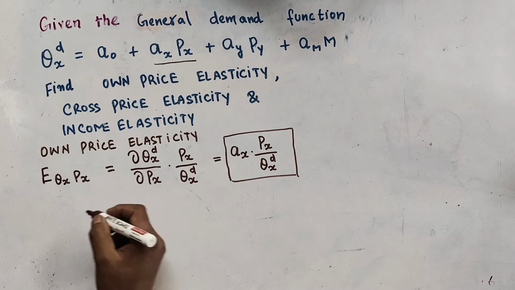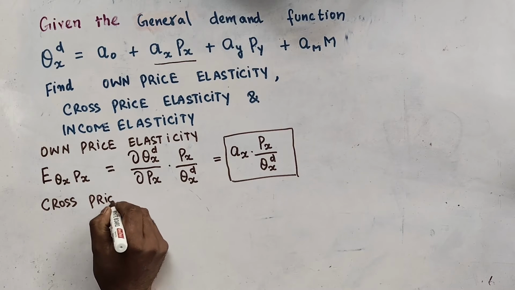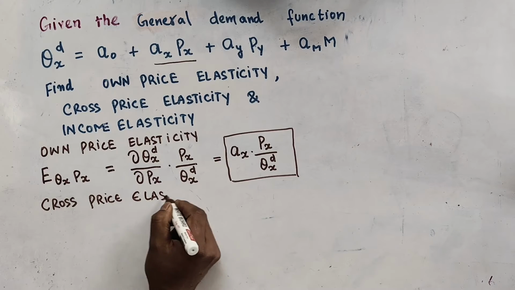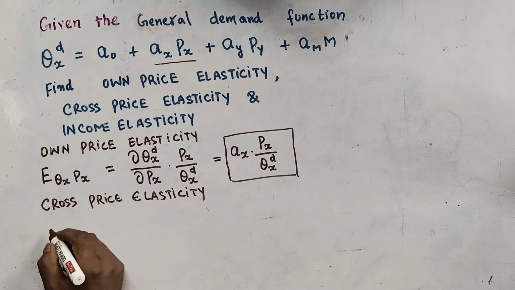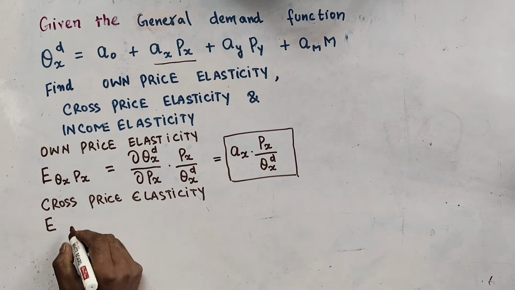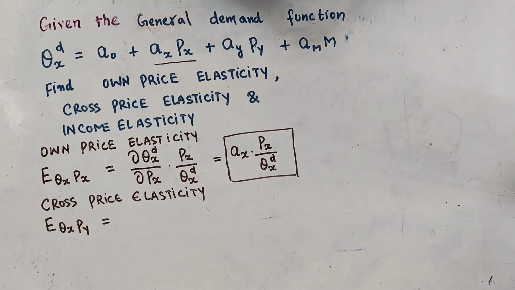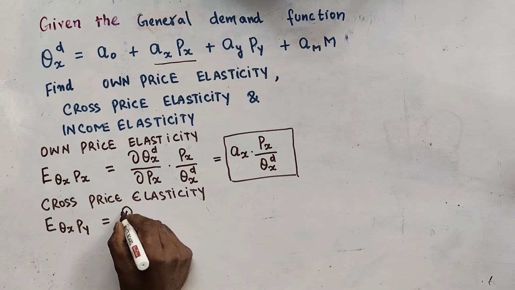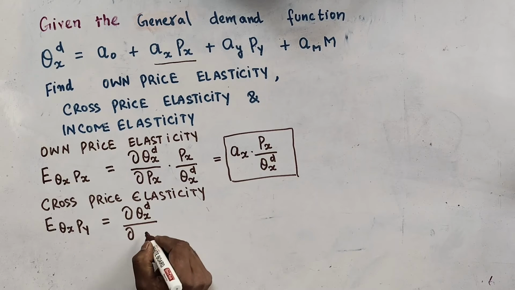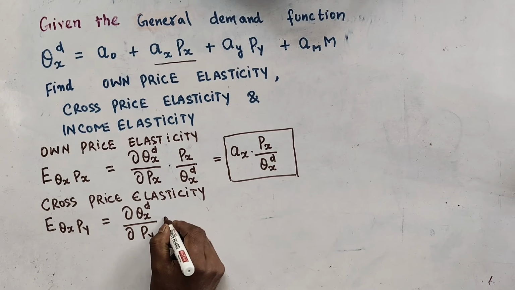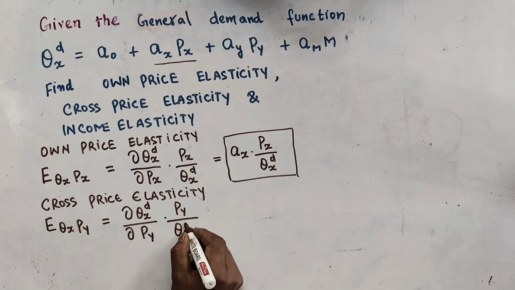Now what about cross price elasticity? Cross price elasticity of demand, let us denote it by E subscript QX PY. Cross price elasticity of demand shows us how much our quantity demanded of good X changes due to the change in the price of good Y times price of good Y divided by quantity demanded of good X